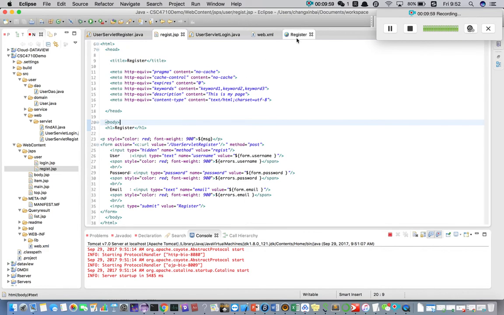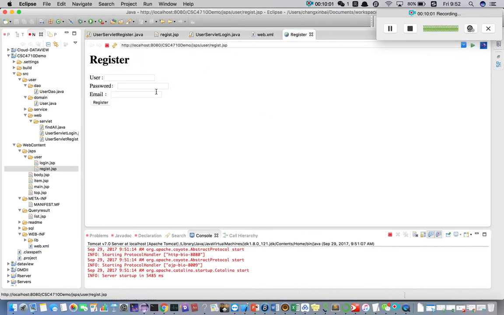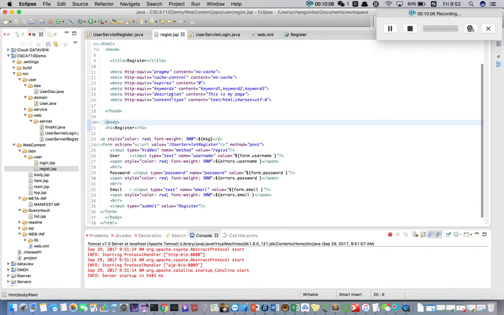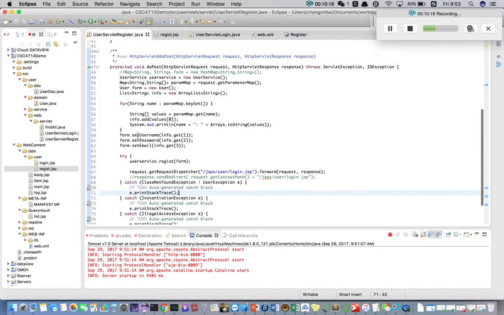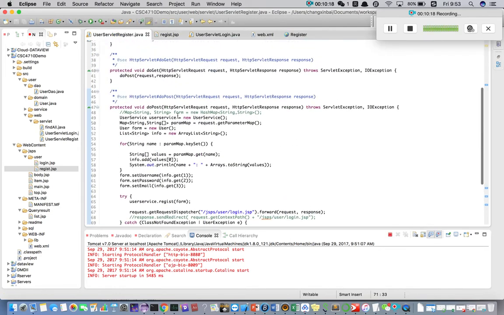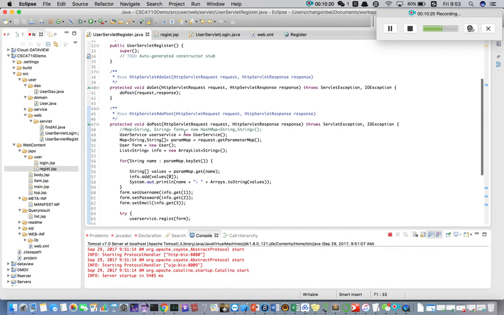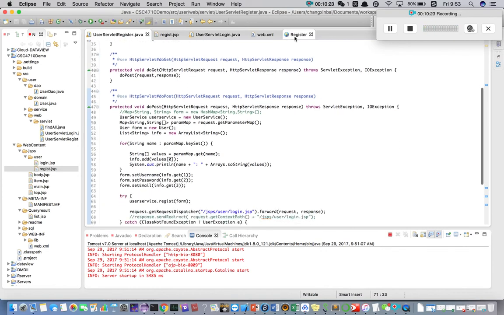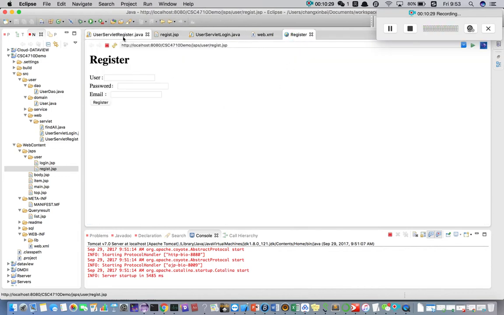But if we click the register button, all the information will be transferred to the backend part. So then we need to use the user servlet register. This servlet can handle all the request from the URL, and